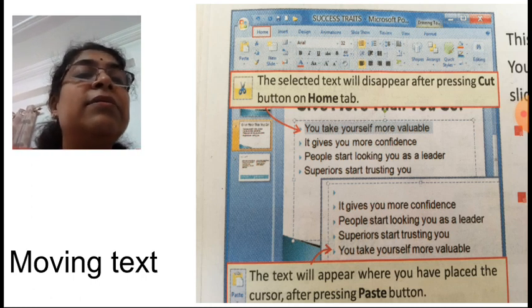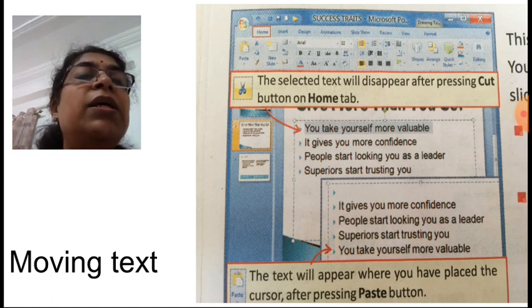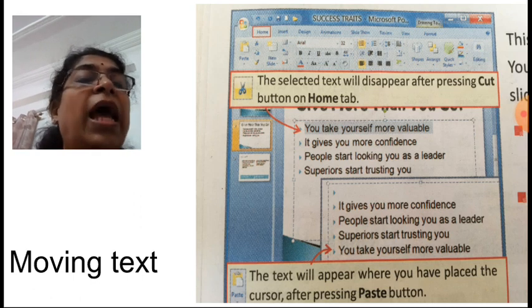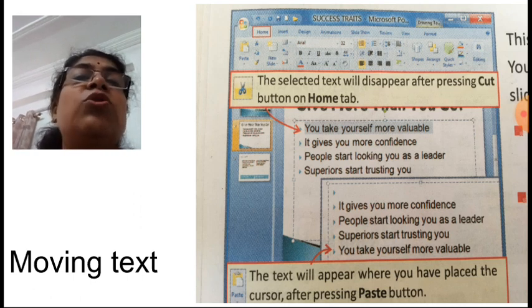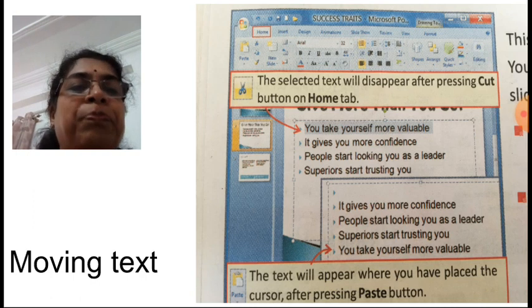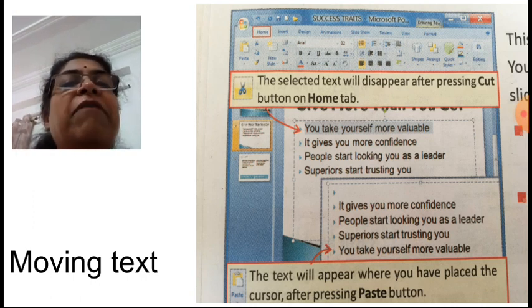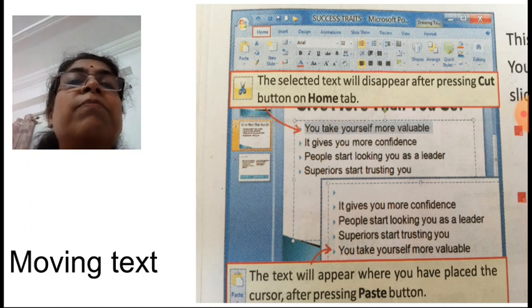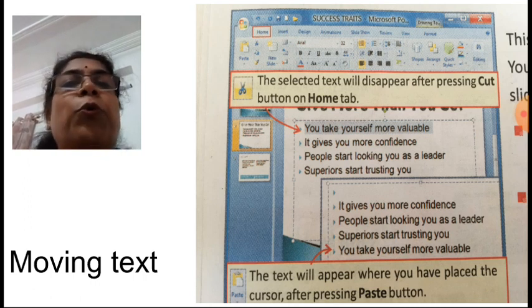See the screen properly. In the next window, the window shown at the bottom of the screen, at the first point it is showing blank, and suppose we want to paste it on the last position. Place your cursor there and click on the paste option. Okay, it is shown here on the screen. Again, that paste option is available on the Home tab, Clipboard group.